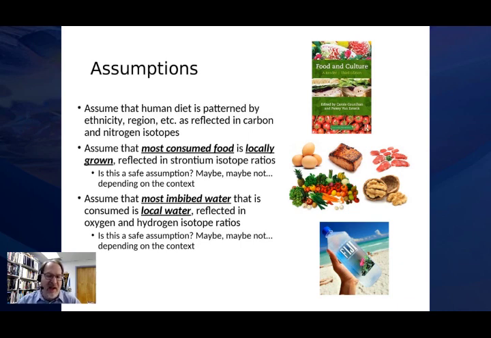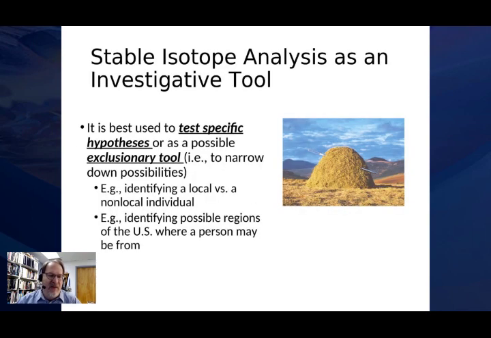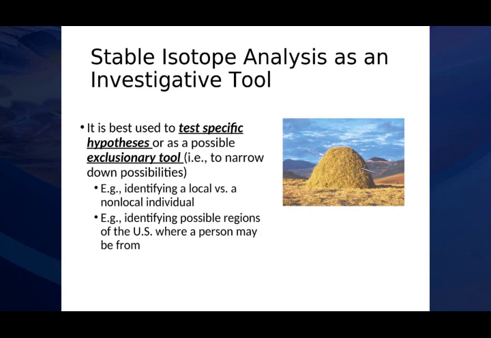Okay, so again, these are assumptions that we're making, but they may not be correct. If you drink, for example, very expensive Fiji water, as you can see in the lower photo, it actually is from Fiji. So if you just drink that and that alone, your hair values over time would start to look like Fiji water. Okay. So it's best to use isotopes to test specific hypotheses, so as a possible exclusionary tool